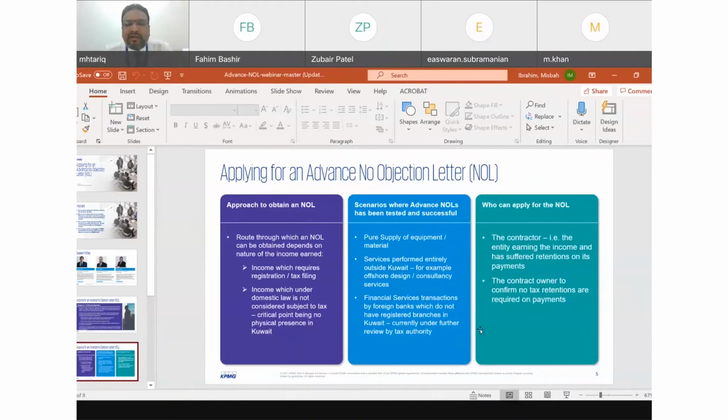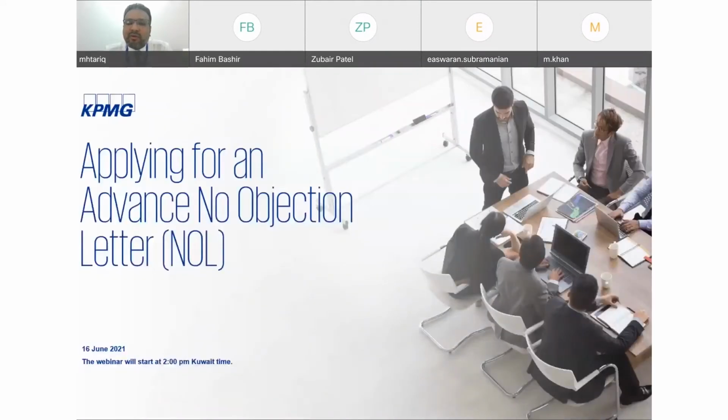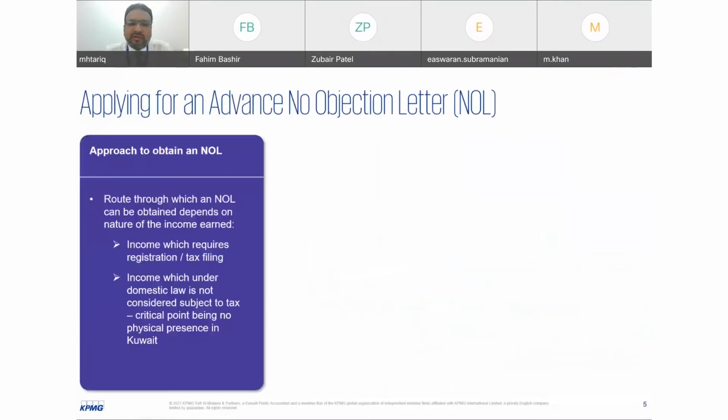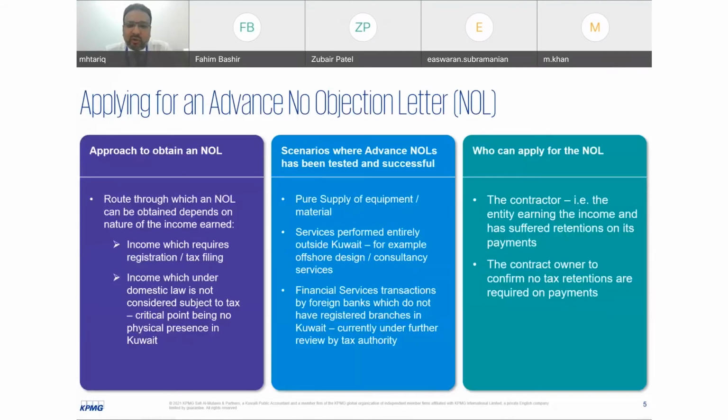So this is a very important point. But I think there is one point it's very important for the clients or companies who are joining us to know. Sometimes you have an arrangement with your contract owner that all the services are provided outside Kuwait, but sometimes there are visits of officials who have to come to Kuwait for inspections or some installation jobs. And such companies are exempted from taxes under double taxation treaty regulations as well.